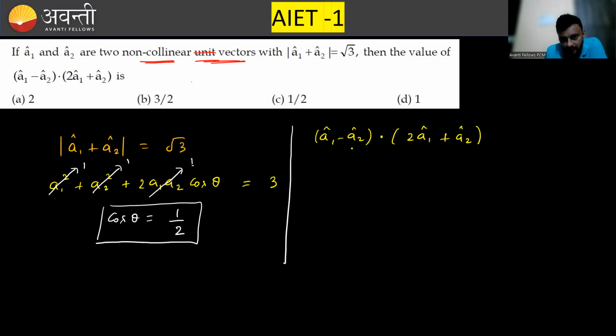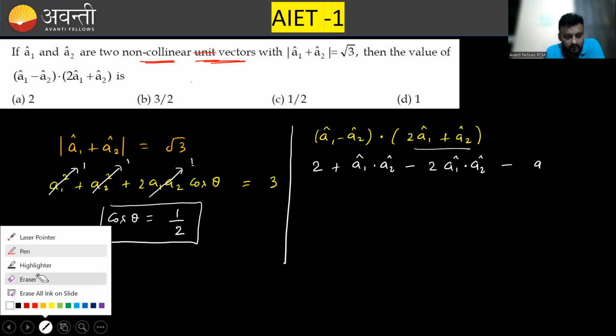A1 dot 2A1. If you solve it, it will become 2 A1 dot A1. These are the two unit vectors. Angle between A1 and A1 will be zero, so it will be 1. I am multiplying this A1 to both of them, so it will become 2 only. Clear? Now A1 multiplied with A2, that means plus A1 dot A2. Clear? Now I am multiplying this A2 in the whole of this, so it will be minus 2 A1 dot A2 and minus